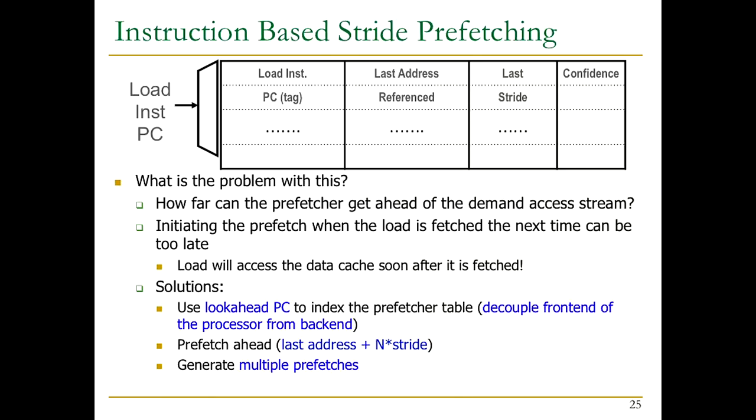If you actually have a branch predictor, you can decouple the front end from the back end such that the branch predictor is fetching ahead, right? And we know that the back end is actually slow because there are a lot of stalls happening in the back end related to the data cache, memory. So if there's a stall in the back end, the branch predictor, maybe this is a better place to do it, but I'm afraid to